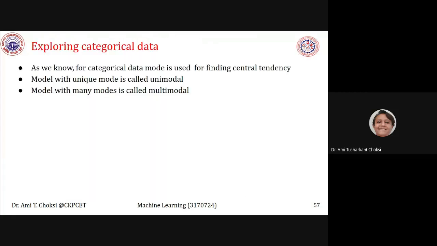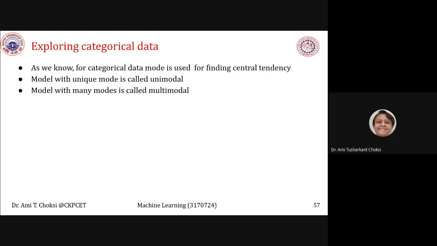Now, exploring categorical data. What does that mean? As we know, for categorical data, mode is used for finding the central tendency.